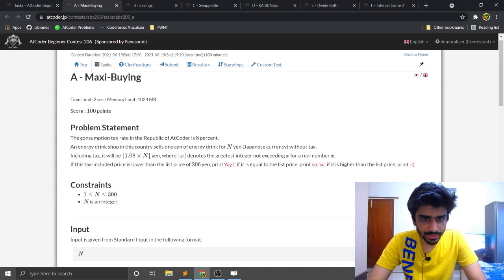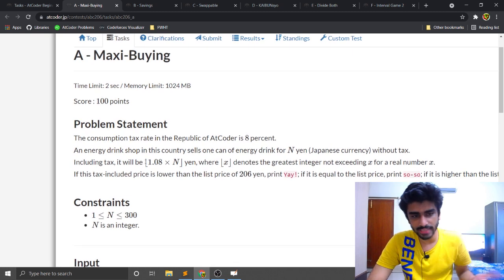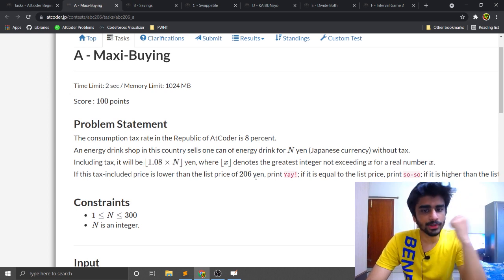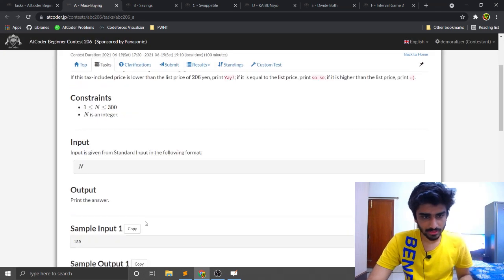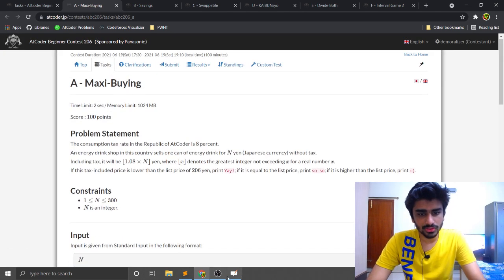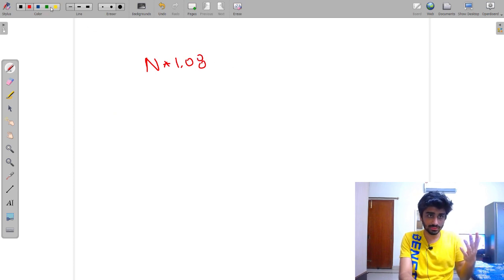This is pretty straightforward, and we've been told exactly what we have to do. We want 1.08 times n rounded down, and we want to see if it is equal to 206, or smaller or greater, and based on that we have to print something. The only thing I would like to say here is, instead of doing something like n times 1.08, which involves double,